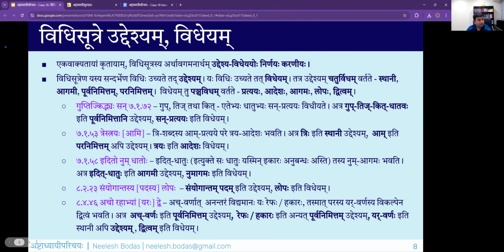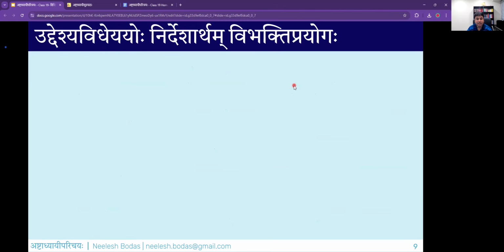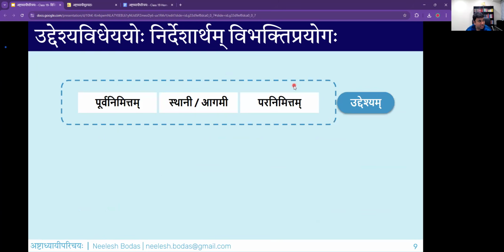So in this particular way, in any particular step of the prakriya, you have an uddesham, which could be either sthani or agami. Sthani for adesha or lopa or dvitva. Agami is for agama. You can still use the word sthani everywhere. It's not an issue, but I just wanted to be technically more correct. Purva nimittam is that entity that sits before the sthani. So purvam ucharyate. Vyakarana is about pronunciation of the language. So purvam ucharyate tat purva nimittam. Anantaram ucharyate tat paranimittam. So that's the paranimittam.